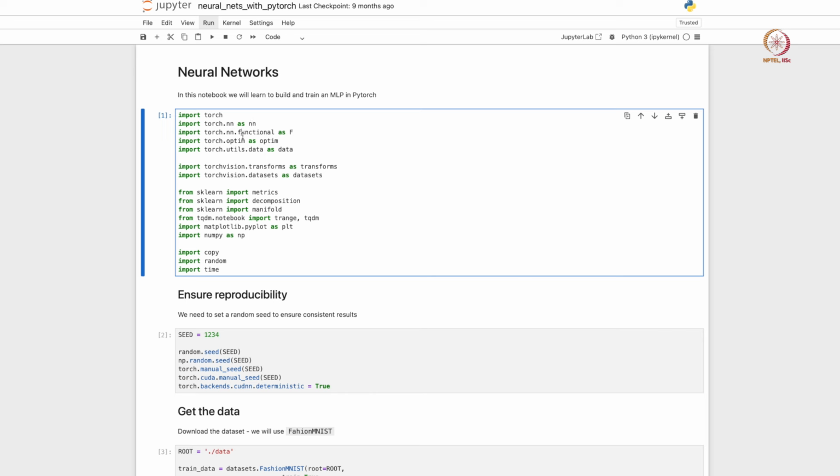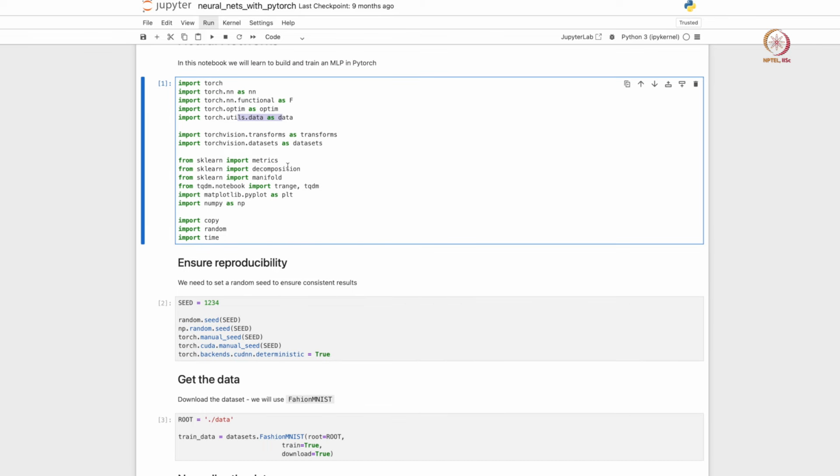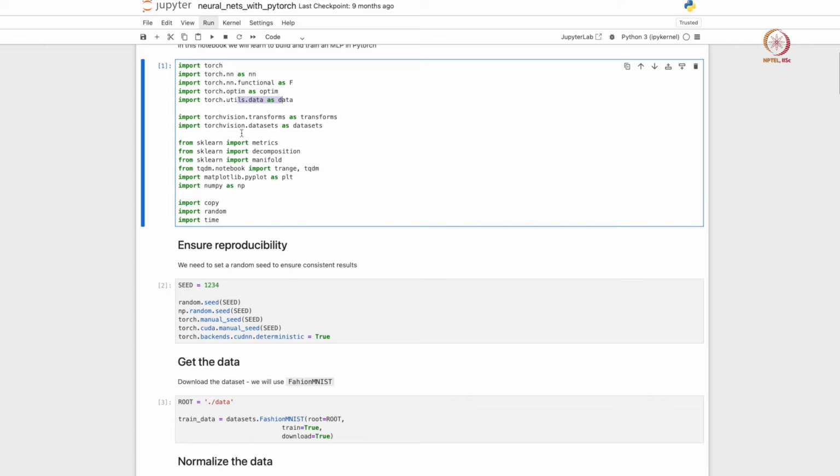So that we are going to import, and then we can also import activation functions. So that is under this collection called functional, right. So we are going to import that as well. So that is our capital F here. So any activation function we can just call as F dot that function, right. And then the optimizer. So we have access to again several optimizers, right from simple ones like stochastic gradient descent to the more modern ones like Adam and so on. So we can also get the collection of optimizers as optim, and then utilities basically has some amount of useful functions. It also has some data sets if I am not wrong, right.